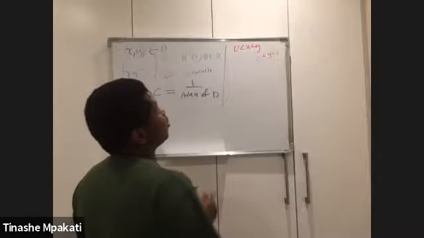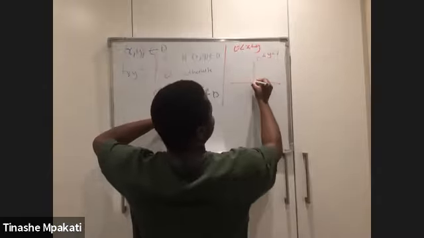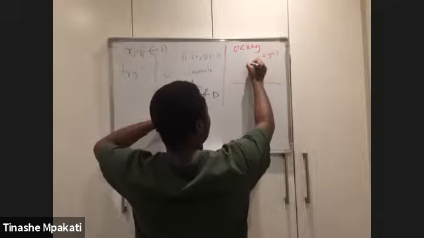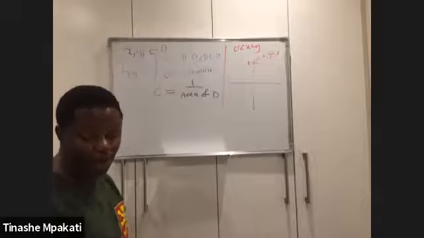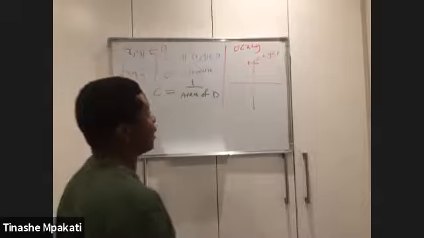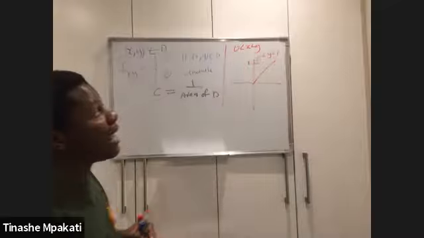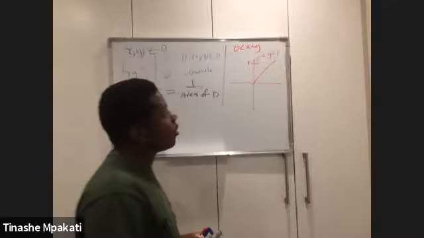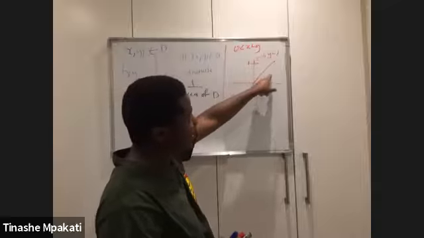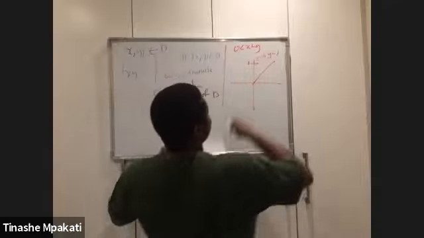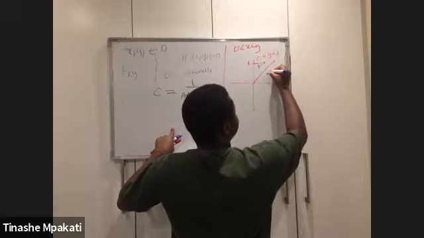So this means you need to draw this region, right? You will need to draw this. We know our Y is between 0 and 1, so I can have a 1somewhere here, and I know my X is between 0 and Y, which means I have the function Y is equal to X. I will draw it here, but this is the case where Y is greater than X, and Y will always be greater than X on this top part, and X will always be greater than Y at this bottom part here. So here, your Y is greater than X, and here, your X is greater than Y.